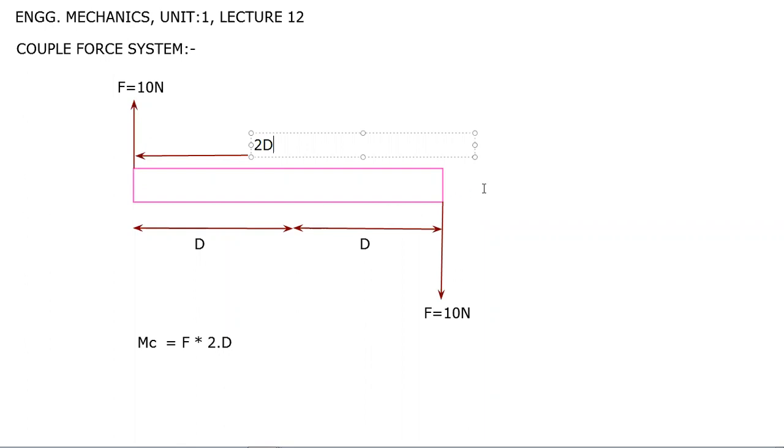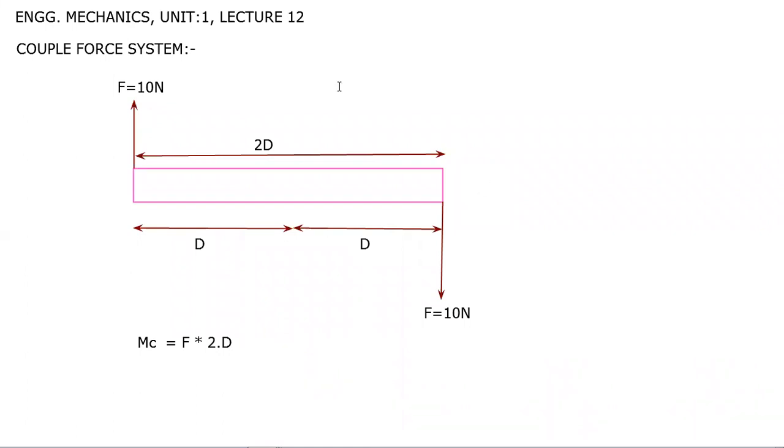So remember this thing. Now many students get confused regarding the bending moment, the couple force system and the moment by the couple. Couple is nothing but the action of two forces which are equal in magnitude and opposite in direction, acting on an object, on a material, which tries to rotate that object either clockwise or anti-clockwise. So this is a couple force system or the moment caused by that couple.